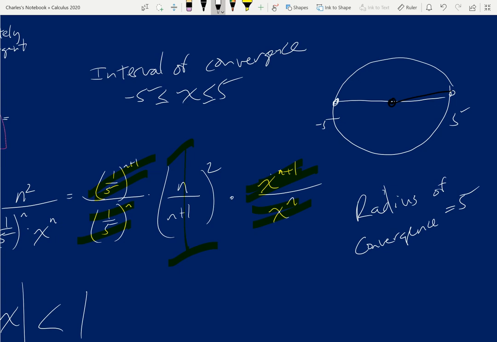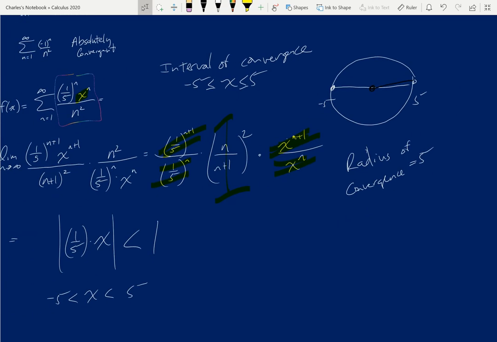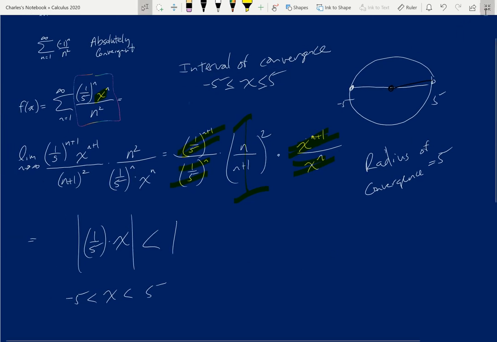The radius is not sensitive to testing. If you're finding the radius of convergence, it doesn't really matter if there are less than or equal to signs versus just less than signs there. The interval of convergence needs you to test those things.